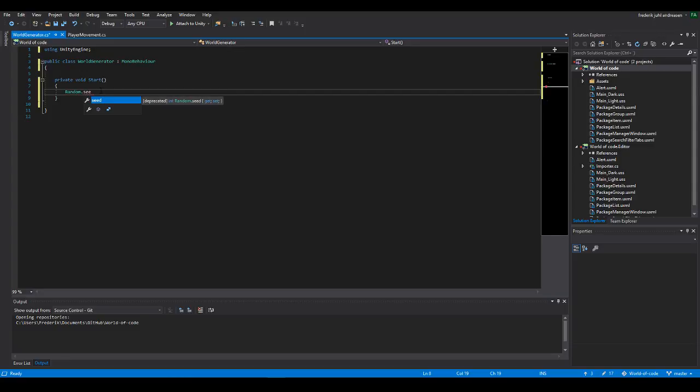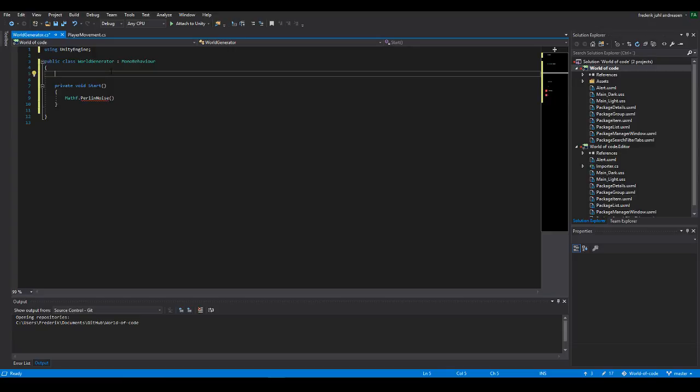Random. Math.f Perlin noise. Float scale. I want a seed